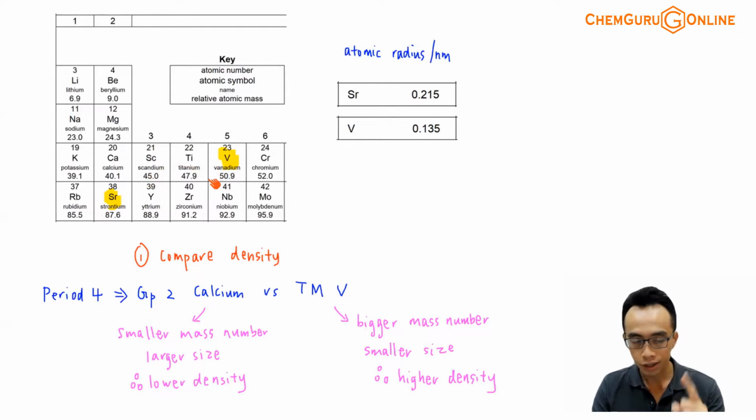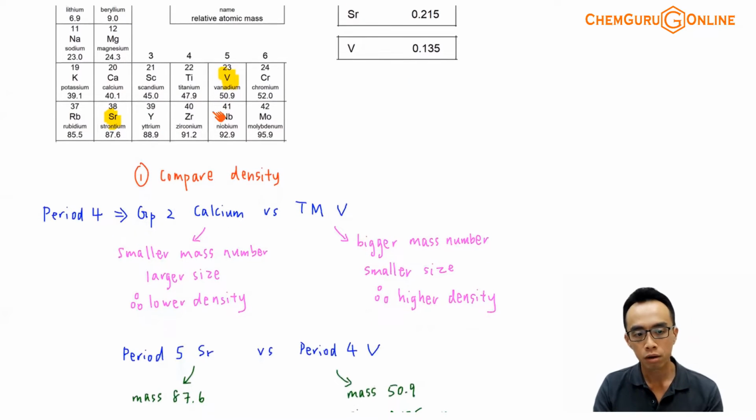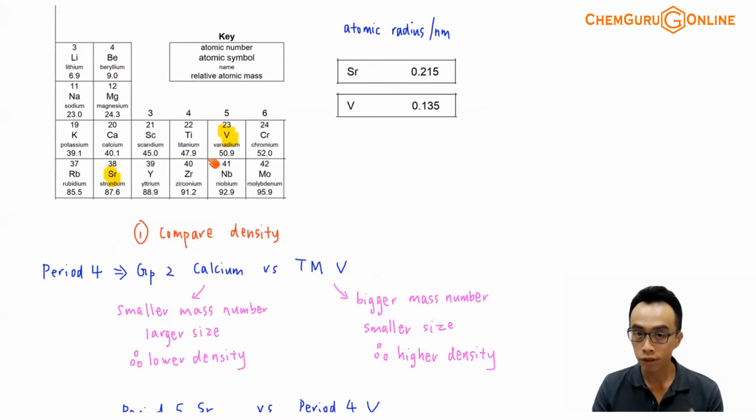Okay. First thing, let us consider density. Now, considering density, what we have learned in transition elements is that if I compare group 2 metals versus transition metals in general, the transition metal will be denser because the mass number is larger, the atomic number is larger, and the size of the transition metal is smaller. So therefore, per unit volume, I can actually pack more transition metal atoms, and it means that transition metals tend